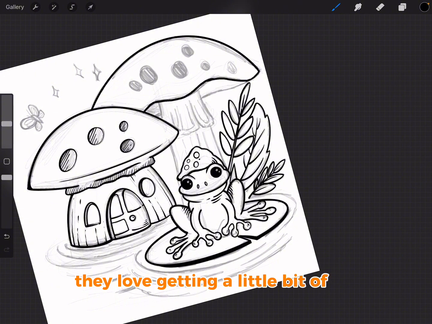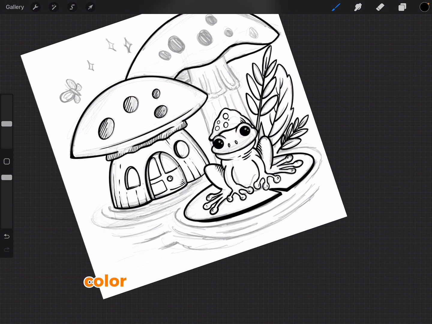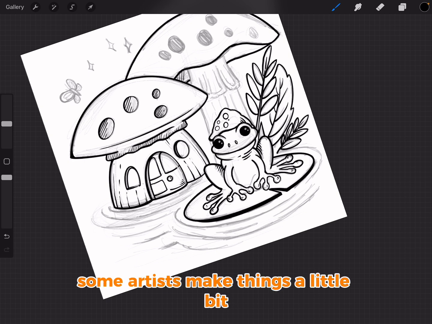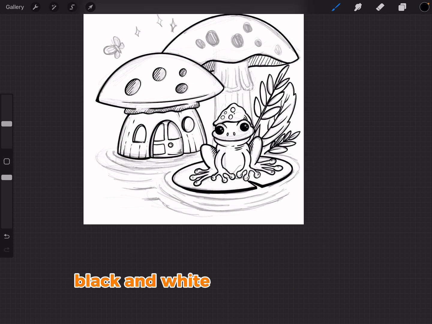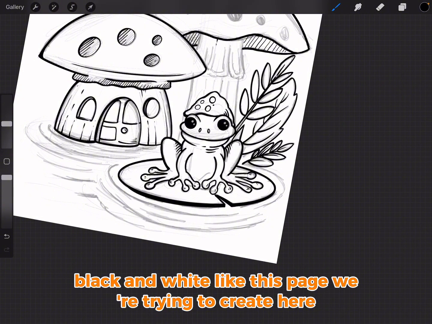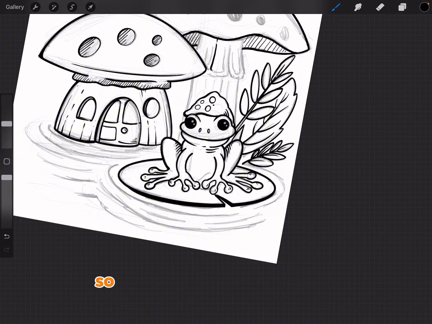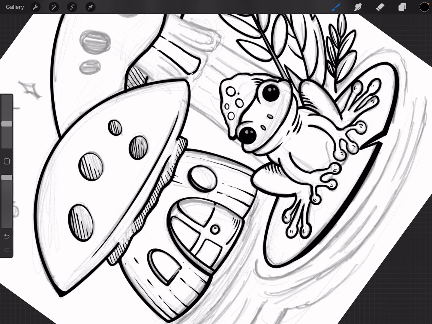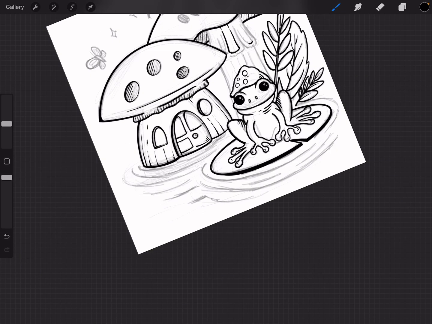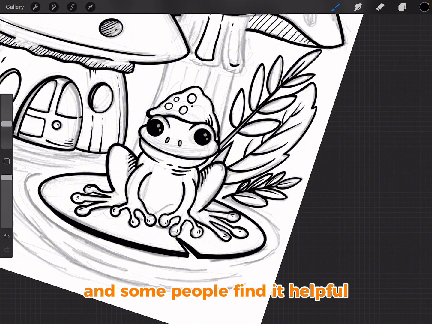They love getting a little bit of an insight on how to color certain pages, because trust me, some artists make things a little bit complicated. It's not straightforward black and white like this page we're trying to create here. So a lot of people have been wanting a little bit of insight on how to color some pages, and I've been doing that. And some people find it helpful,